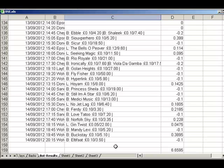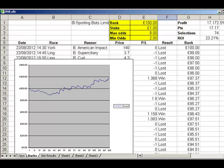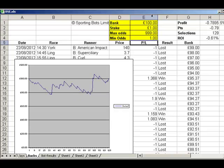So basically that's how our bot works, but we wanted to give you more than that, so we've split the lays and backs up. Let's have a look at the backs first of all. I'll show you exactly what we've done, which is we've taken every price between 1 and 999 on the backs, so we can get an overall view of what the profit is if we bet on everything. That also allows us to look at different ranges, unlike people who test just on